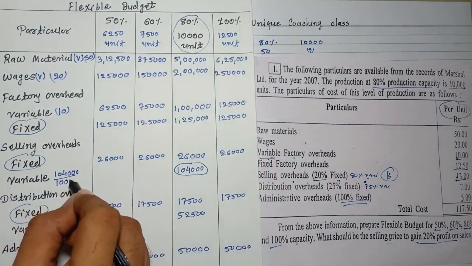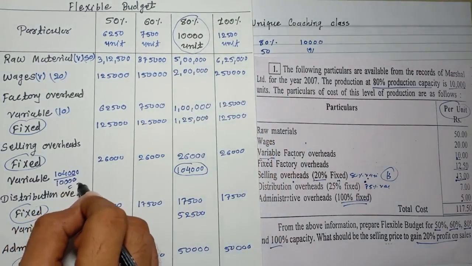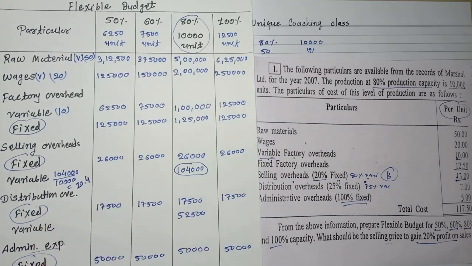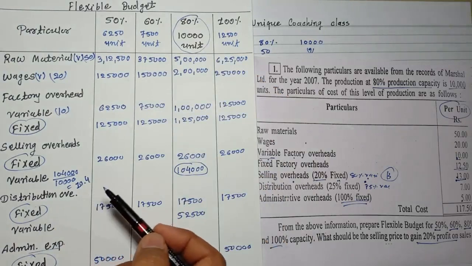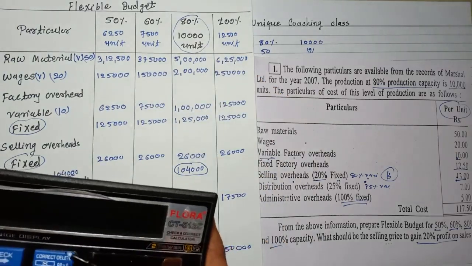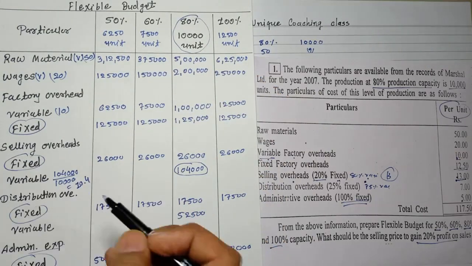So how much is per unit price? That is 10.4. Clear? Total expense divided by units gives you the per unit cost, 10.4. Now let's multiply this 10.4 here